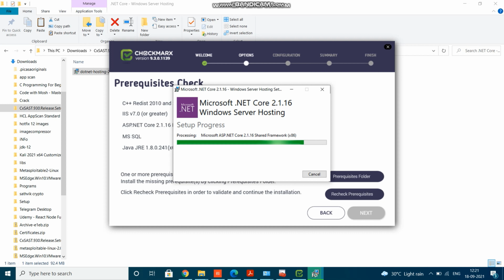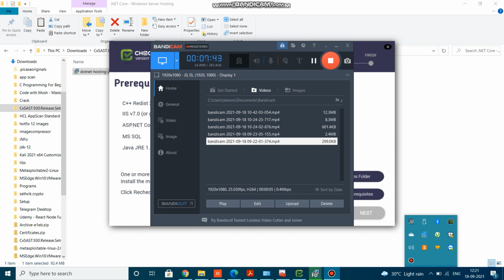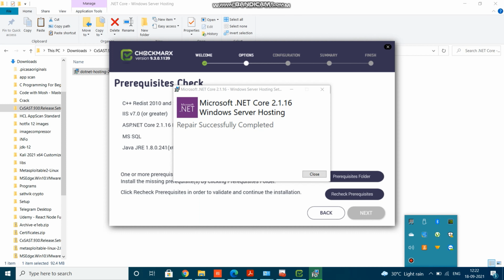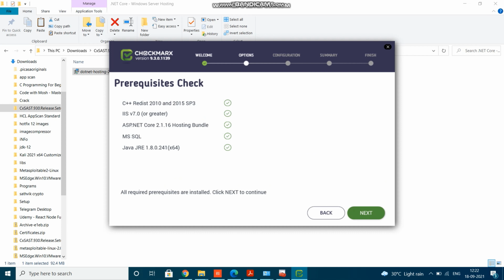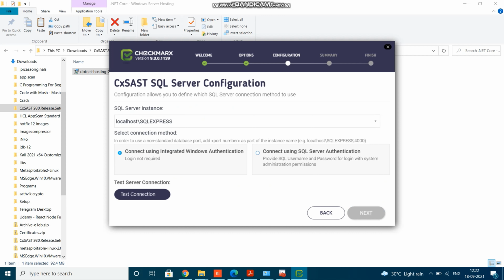Once installation is done, we need to click on recheck prerequisites. Now I'm done with the installation and I'm going to click on recheck prerequisites. Once everything has a check mark, we need to click on next. So all prerequisites are fine for me. Let me click on next.